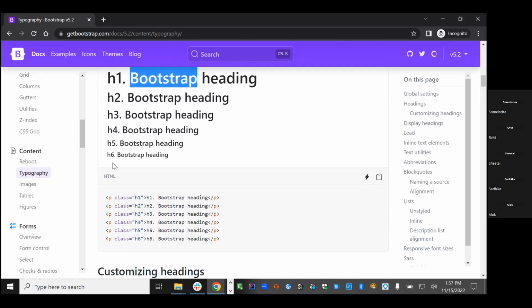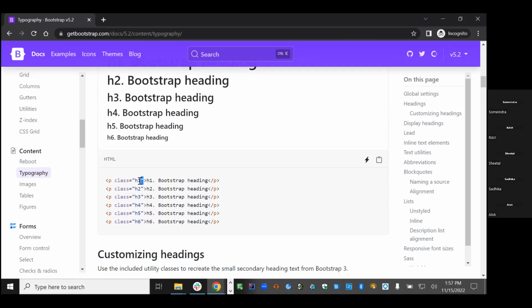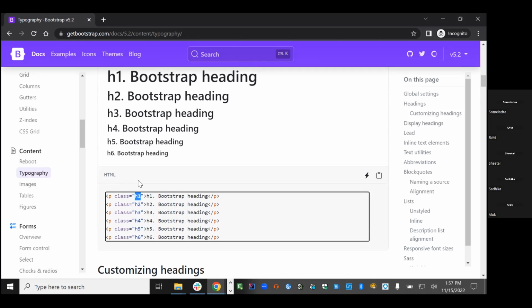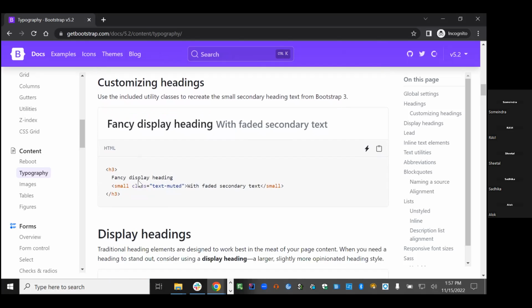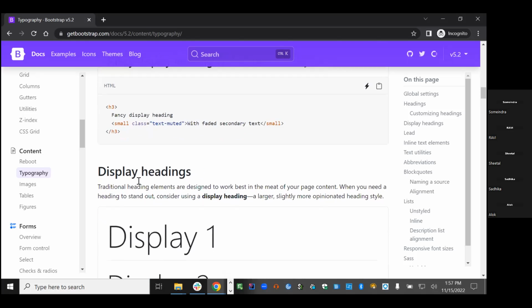So that's why, if you see the class, they have defined it as h1 to indicate that the styles we are applying will give it a similar look to what it would look like if you had used an h1 tag. But you can use this class and override it to include some of your own styles as well. Okay, and they have a lot of classes. So you have this text